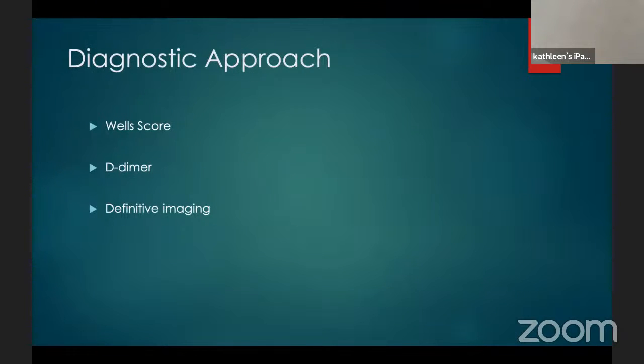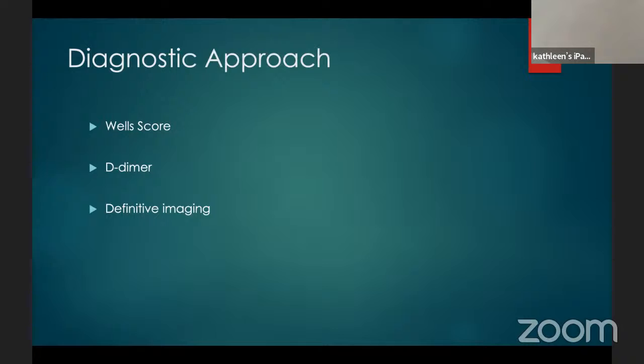So much of the diagnostic approach, I included this because I think it's important to understand the decision-making process when patients present with suspected PE. This primarily focuses on patients who are hemodynamically stable, and we have time for this approach. Obviously, somebody in cardiogenic shock, one would go directly to definitive imaging. But for hemodynamically stable patients, the diagnostic approach